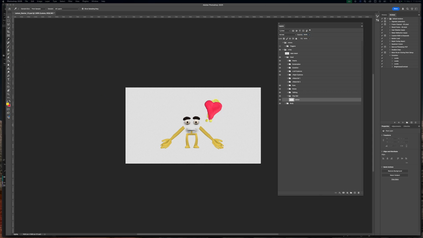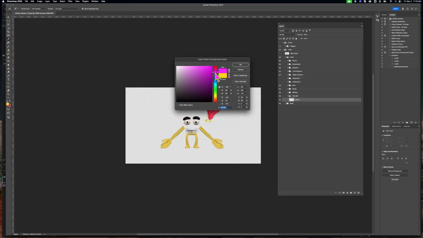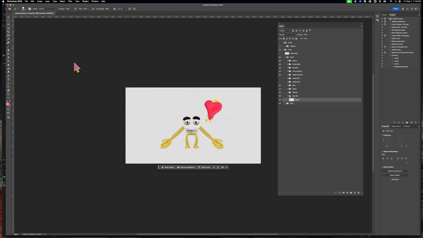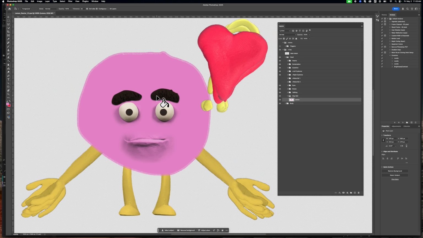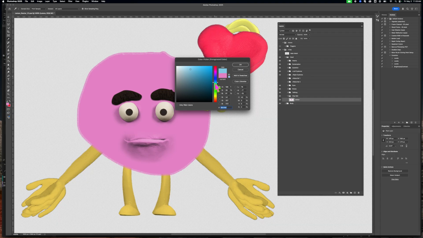So I'm going to choose a different color. Let's say that I want this lemon to be more like a pink something. I'm going to come over, I don't know what brush I have chosen here. Let's do the ultimate pencil. So I'm just going to make a circle like that, and then I'll fill it in with my, there we go, my paint bucket. I'm going to zoom in on this a little bit so you can see it a little bit better. And then let's say I want to come in and paint some blue stripes or something